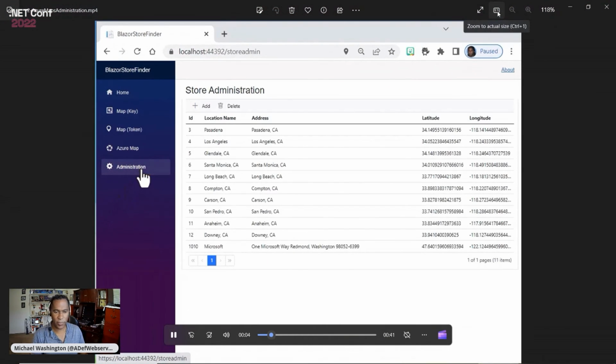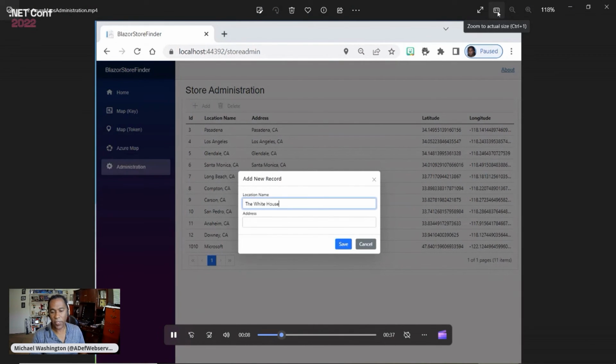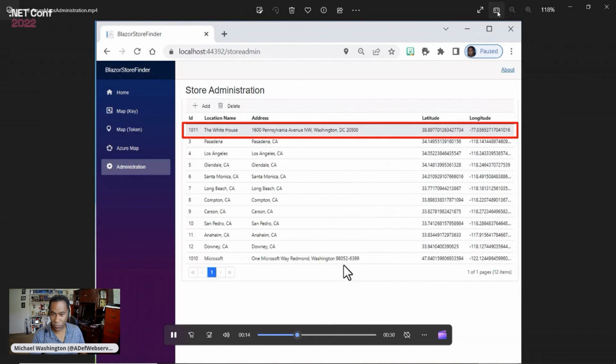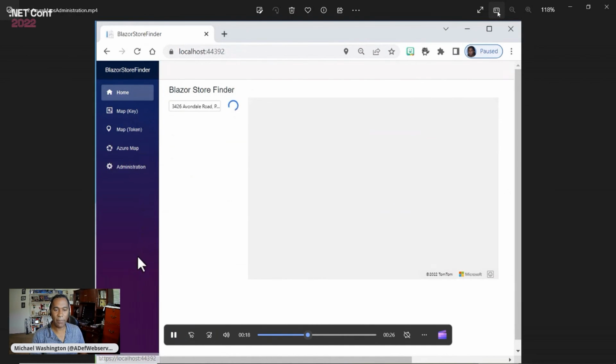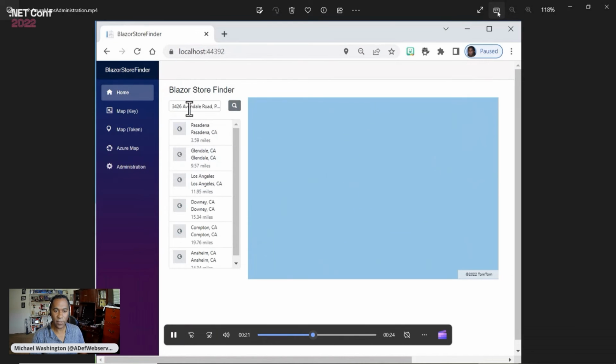So when we go to administration and we enter a new location, when we click save, it'll be geocoded, but most importantly, that location data is now in the database. So then on the main page, when we do a search, those locations are retrieved because of that SQL query that did the search based on the location.